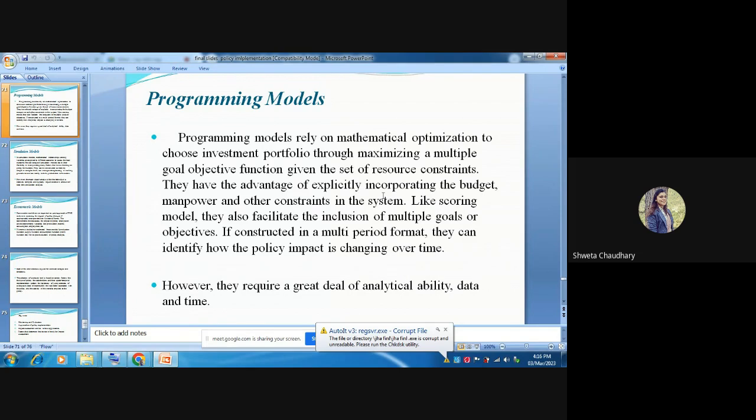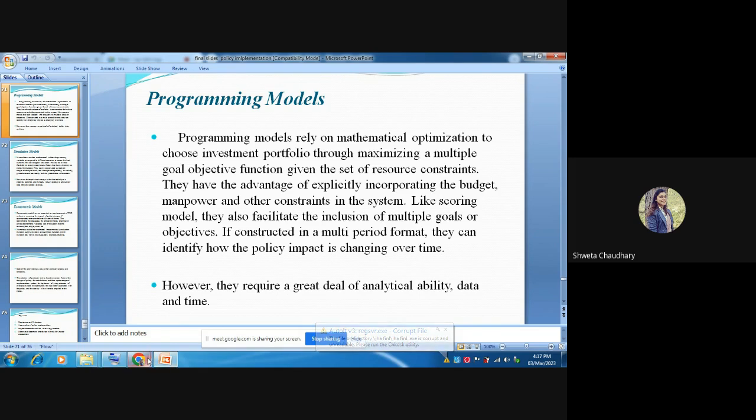See, if a certain amount of land is given to the farmers, or labor is given, or capital is given, by using that land, labor, and capital, how much income can a farmer generate within a given time period? This is what LP programming models are. So budgeting is different and LP is different.